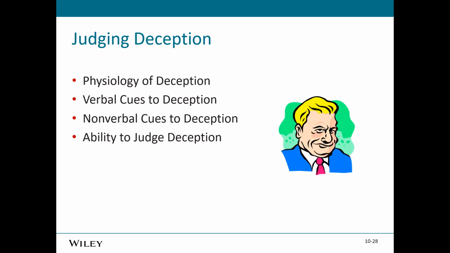Again, the ability to judge deception is very difficult. It's hard to catch someone in a lie. Some reasons we fail to catch people in a lie: people have a tendency to believe other people, so we don't want to think people are lying to us. We can inaccurately judge their behaviors and fail to recognize some of those cues. People might also be able to manipulate, and they know these cues too. They sat through a class just like this and know that they need to calm their nervous energy.